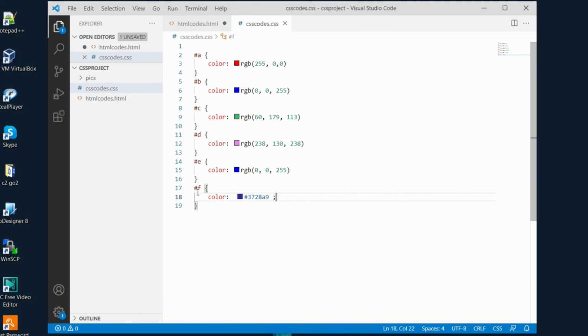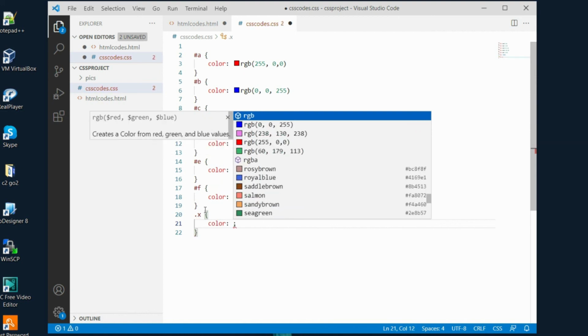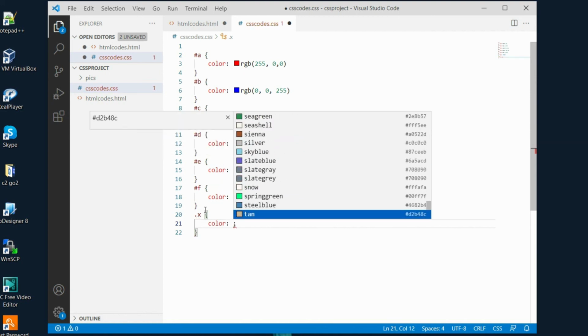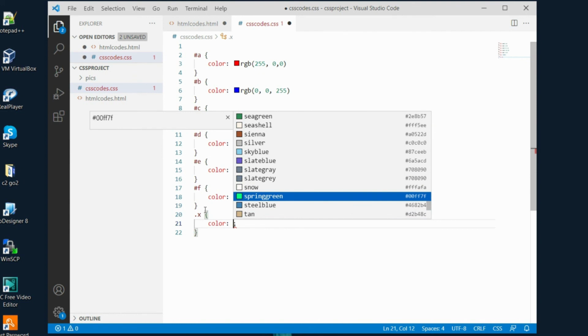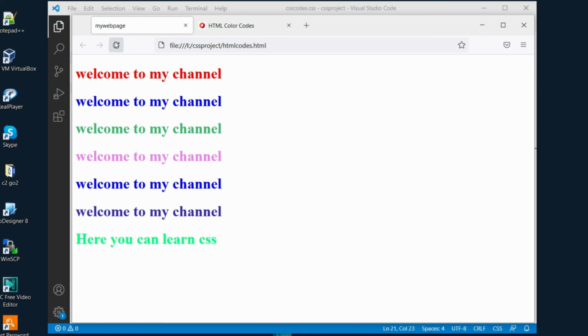So with a hash character we could define ID, and for class you just have to type a dot, and after that the name of the class and space, curly bracket, and we say color property again, and this time spring green. We select this one, and if we save our document, go to the browser, and I refresh,